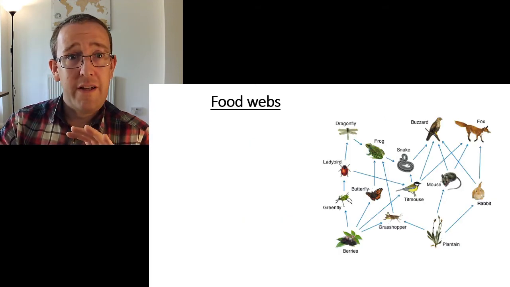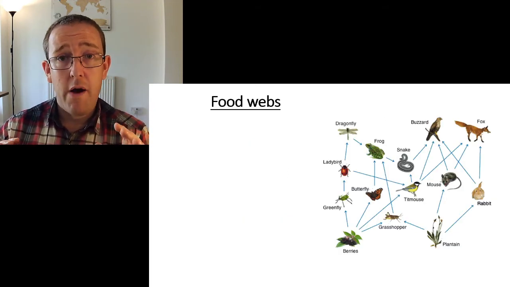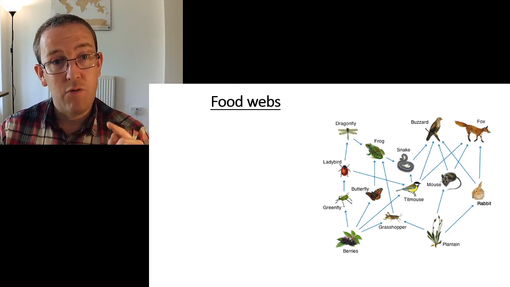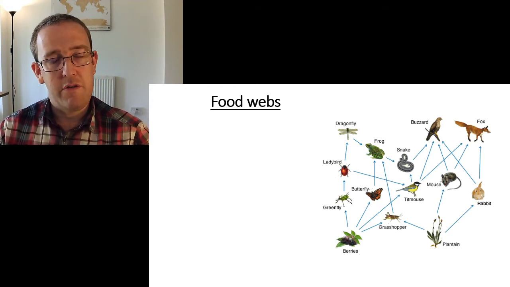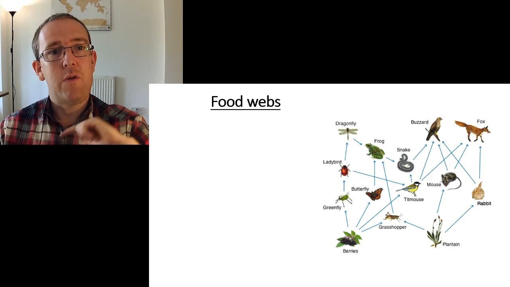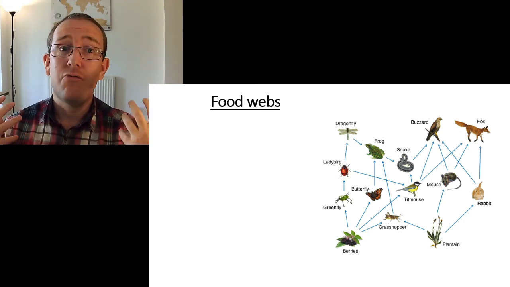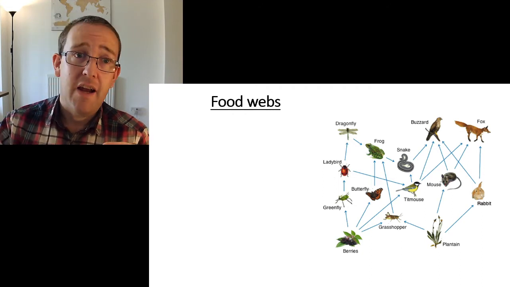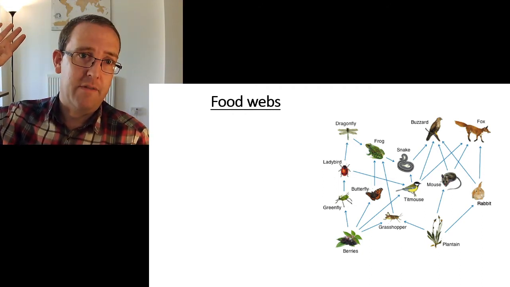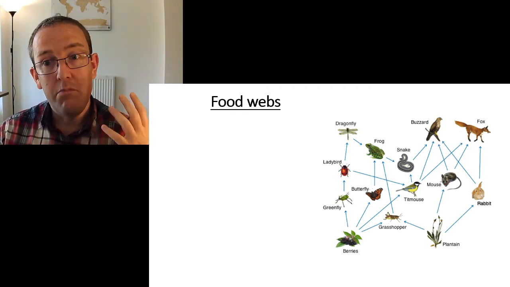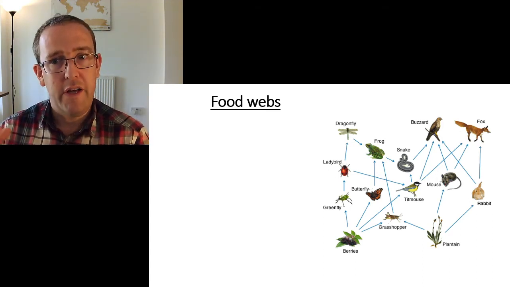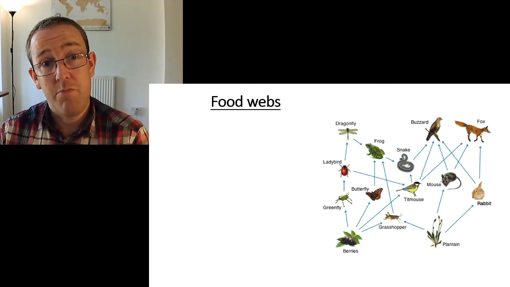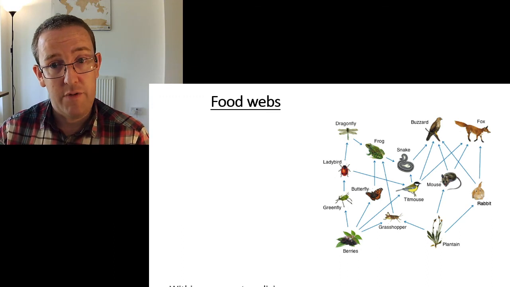Of course, it's not as simple as that. You have to work quite hard in nature to find a single food chain where one organism only eats one organism, only eats one organism, because that's really vulnerable. If something happens to one organism in that chain, everything above it dies. Everything higher up the food chain dies. So most animals diversify. Food webs are a much better way of representing the relationships within ecosystems.